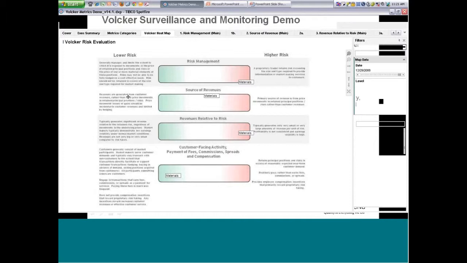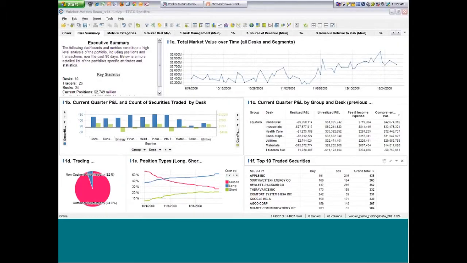The point here, though, is I think if firms approach this as an information gathering exercise, it makes them smarter about their own risks within their organization and the way they should be thinking about not just Volcker but also just managing their business. How are they making money? How are they taking on risk? Can they start to understand the marginal risk or marginal VAR that's being taken on to have the incremental dollar of P&L? And can we start to associate that all together to think about risk management a little bit more holistically? And number two,